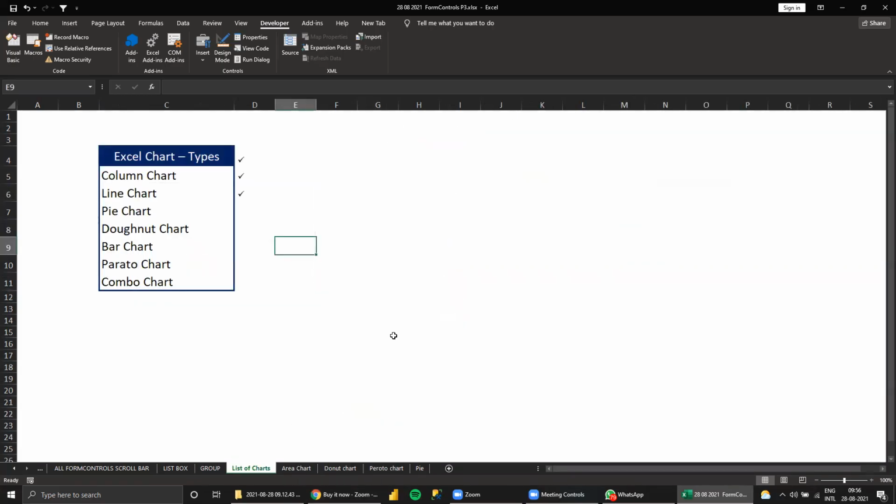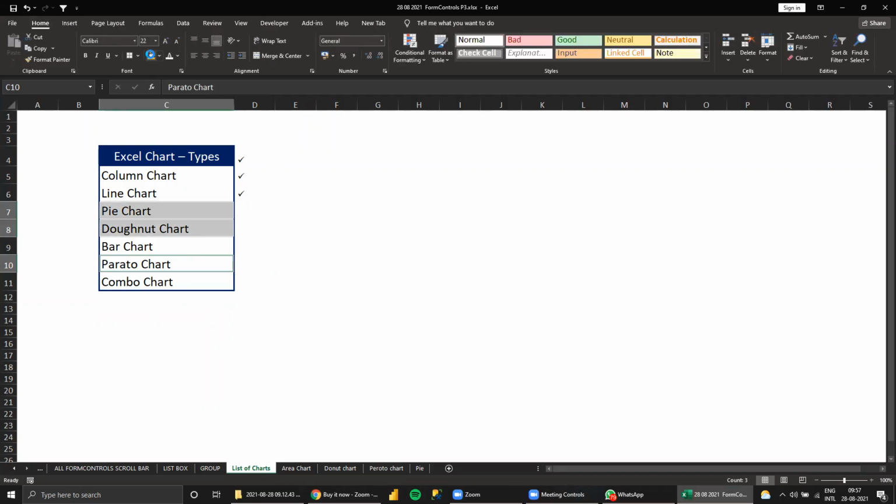So we'll get the list of charts anyway. We know the charts, everything, but one or two charts are very important, so I'll take those. One is a pie chart, a donut chart, and a Pareto chart. I'll show this because all the other charts are like that. We'll see the pie chart and donut chart. This also, but some new things are there. I need to show this.